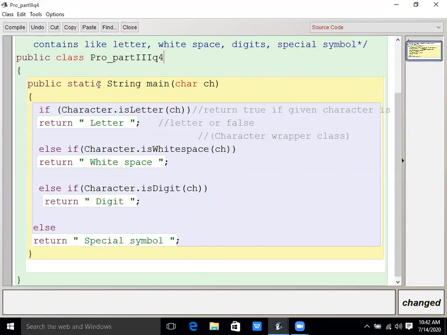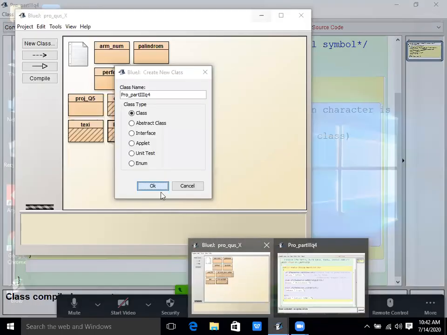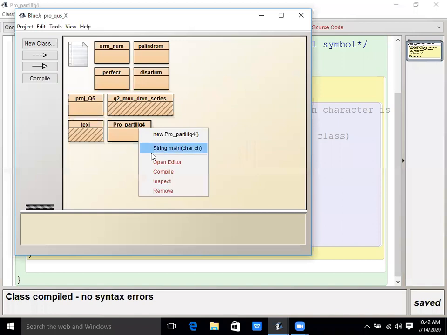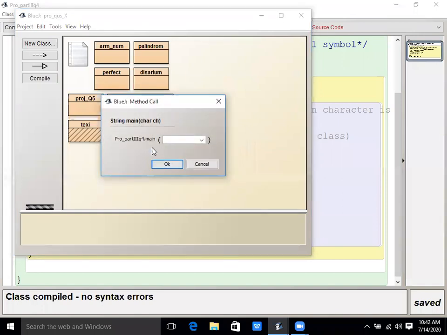Now you can call this method in another method by making the object, but as I have declared it static, there is no need to create the object. So directly we can write it. See, by the method call we are accepting the value, so by the same method call window we can check the output. See how I can check. Compile, then I'm executing it. A string character. Obviously, in the method call window I will give the character. This character should be enclosed in single quotes. So in single quotes, suppose I'm giving J. Okay, then click on OK.